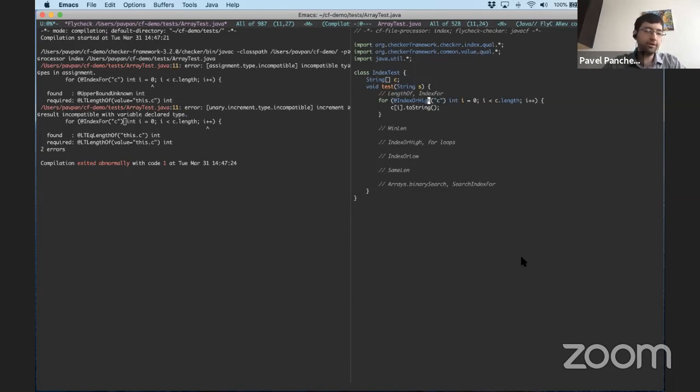And now that I've done this, all the red squigglies seem to have gone away. So what index or high means is that I is an index for C, or it is one bigger than the biggest valid index for C. In other words, it is an index or the length of C. That makes this initial assignment valid because even if the array is empty, 0 is still the length of the array. So it's a valid assignment to index or high. That also makes the increment happy.